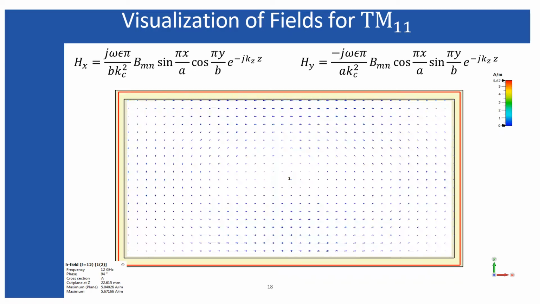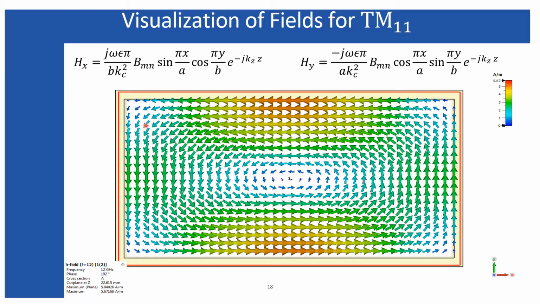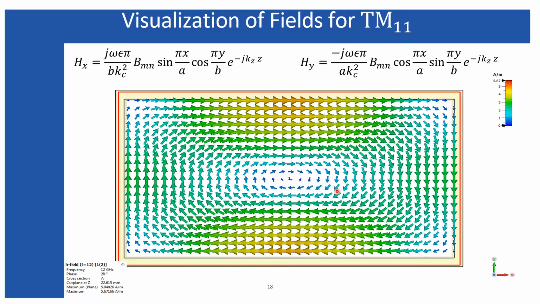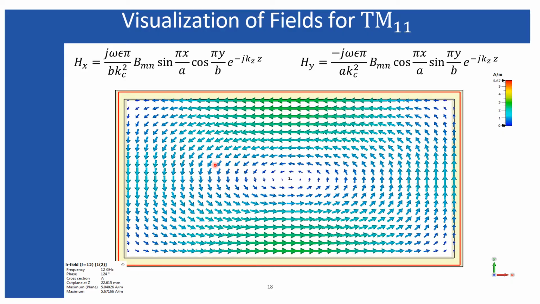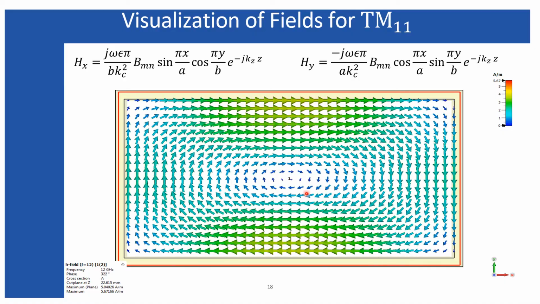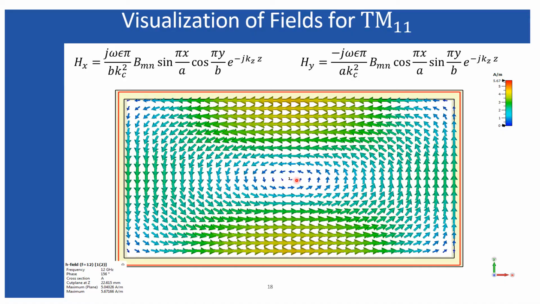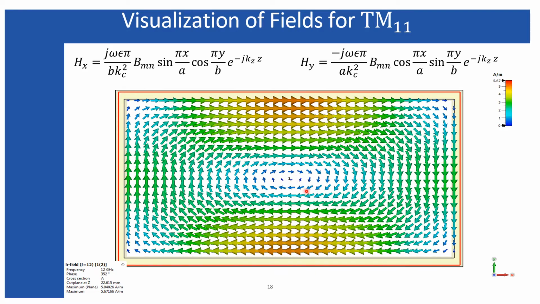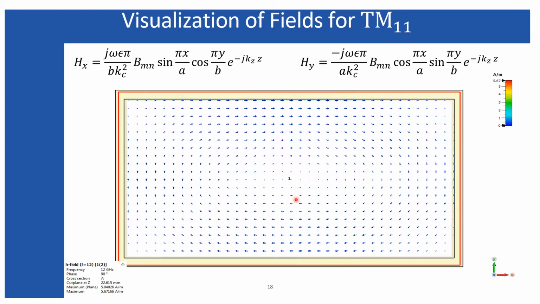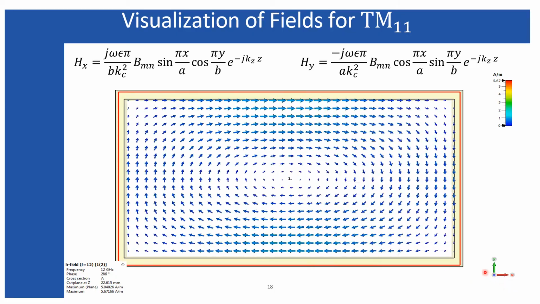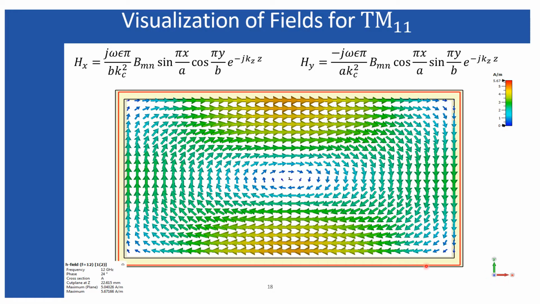Now the magnetic field. Magnetic fields are defined on the xy plane also. So in my last slide we have seen the electric field defined on the xy plane, that represents the arrows at the middle position. The arrows were either directing towards you or from you. Therefore, the variation of the electric field was perpendicular to the plane, or parallel to the normal of the plane, and the normal of the plane is z.